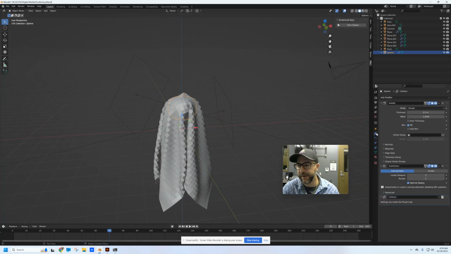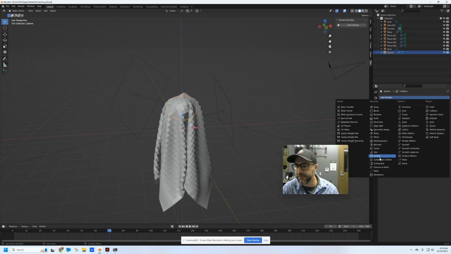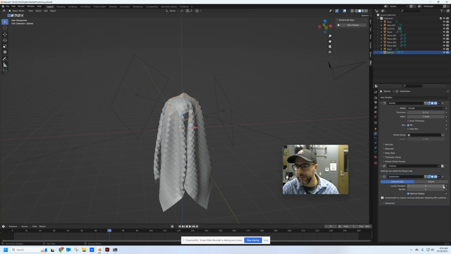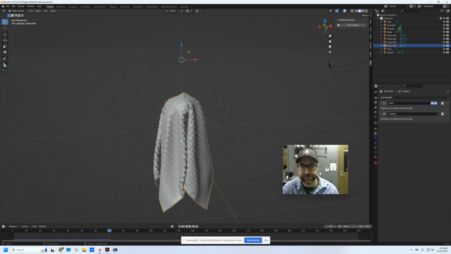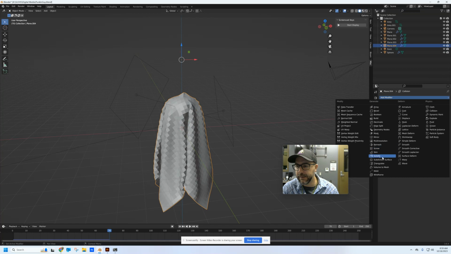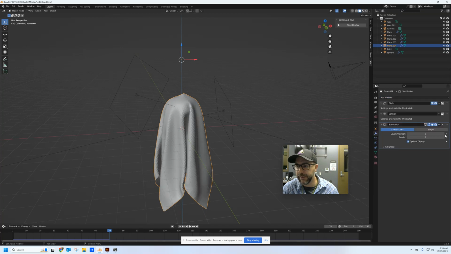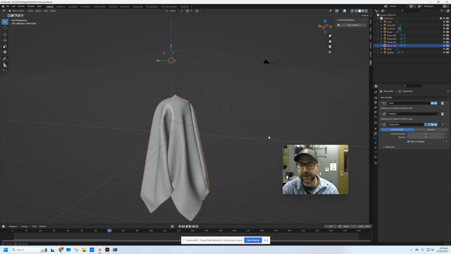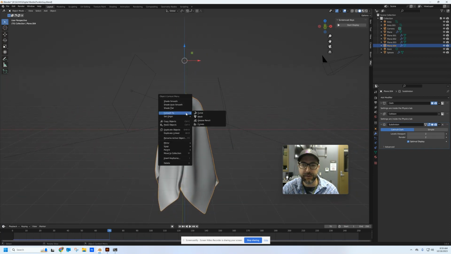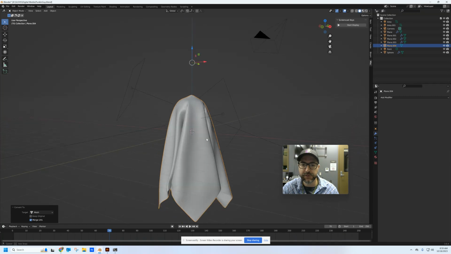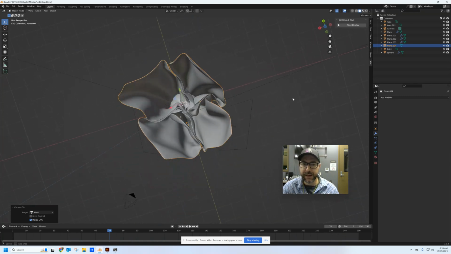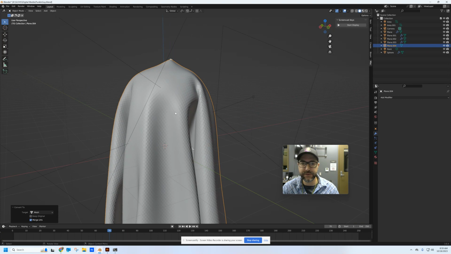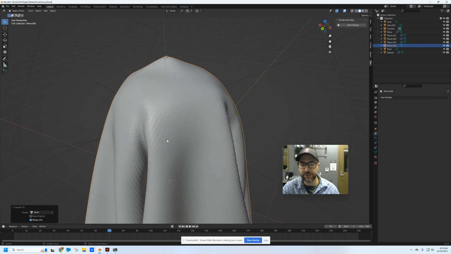We're going to come over to modifiers. We're going to turn on, I think I had one of these on already. We're going to add a modifier for subdivision. And we'll turn, oops, that's on my pumpkin. Add subdivision to the cloth, give it a couple steps so that it's got that nice smooth look we're going for. And I think we're good to go. Let's go ahead and right click that, convert it to a mesh. Okay. So now we've got a little character with a costume,